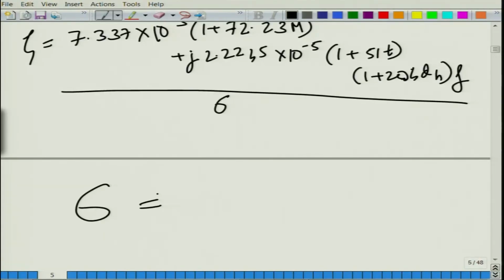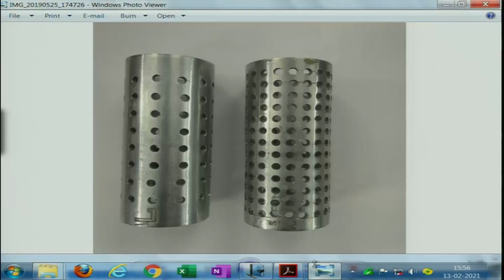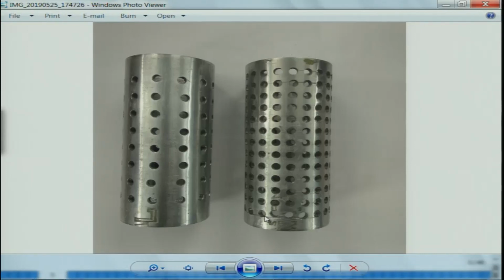total area of the holes. If you go back to this figure, the total area of holes is the area of one hole, let us say diameter is dh, so pi dh square by 4, and nh is the total number of holes. You can have an equal number of holes per ring, say m number of rings and n number of holes in one ring, or you can have different configurations, like this square configuration. You can have rectangular, you can have staggered.